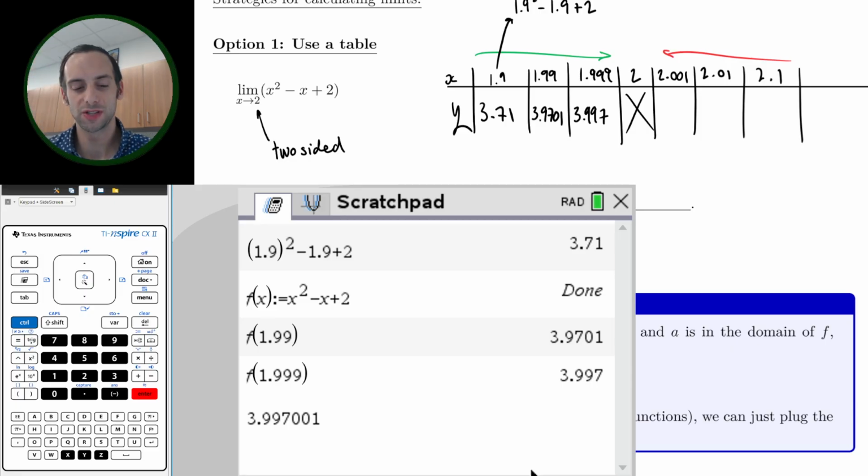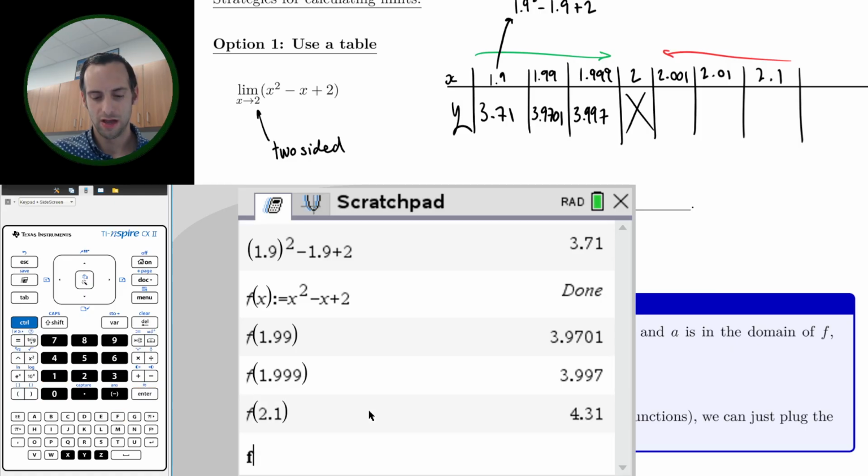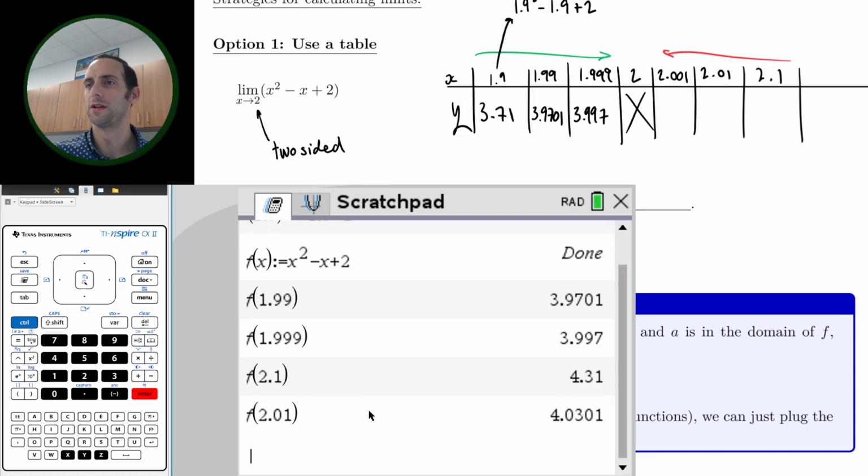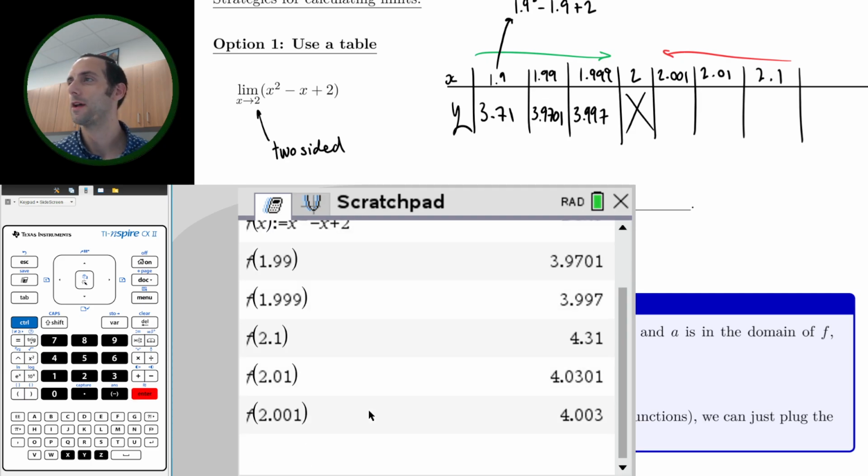But in order for the two-sided limit to exist, we need it to be the same from the other side. So we'll just go ahead and quickly do the 3 calculations to the other side. So f of 2.1, f of 2.01, and f of 2.001. We can fill those in our table, and it also confirms the behavior that the limit is approaching that